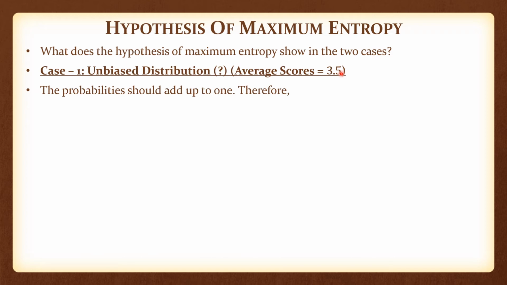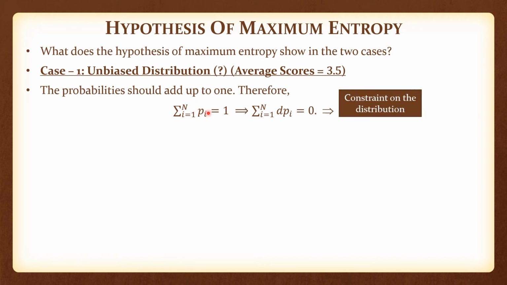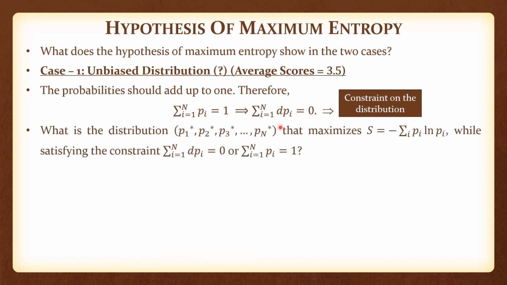Now, as we started out saying, the probabilities should add up to 1, and therefore sigma Pi is 1 or sigma dPi, change in Pi, is 0. So we are going to stick to this equality constraint. This is a constraint on the distribution. Now the question that we are asking is, what is this distribution, P1 star, P2 star, P3 star, and so forth? What is the set of these values that maximizes this S, entropy, sigma Pi ln Pi, while satisfying this constraint sigma Pi is equal to 1? Sum of all the probabilities should add up to 1,